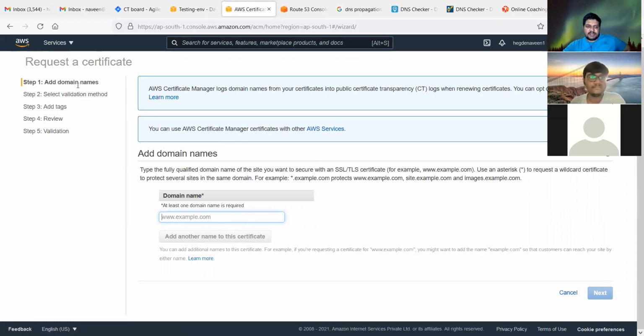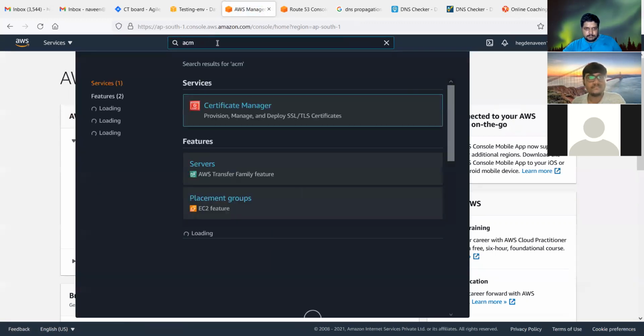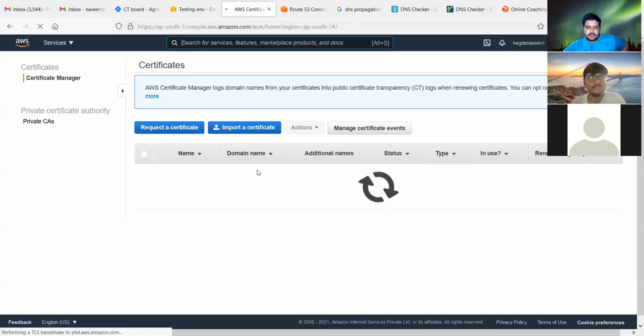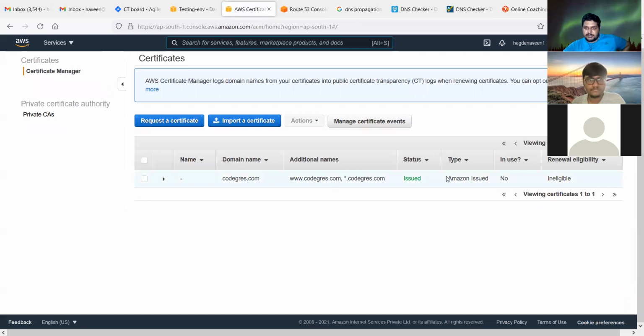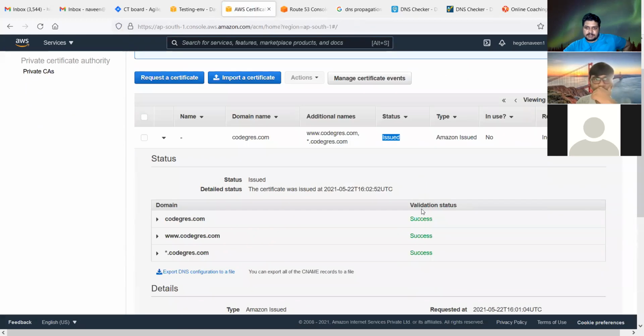And then after that it will verify, and after validation it shows up in ACM. It will show here as issued, status issued, validation success. Understood. So validation is success.